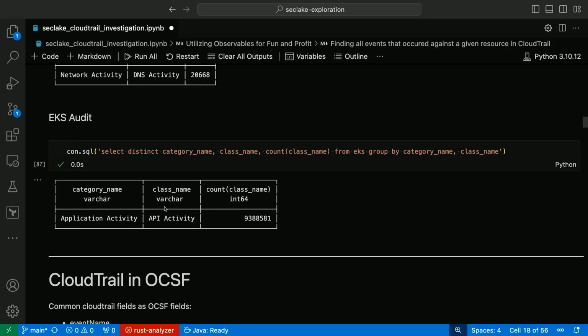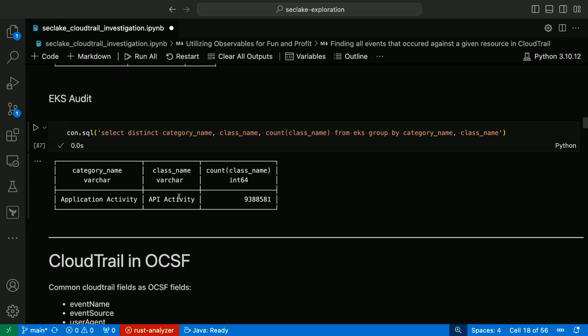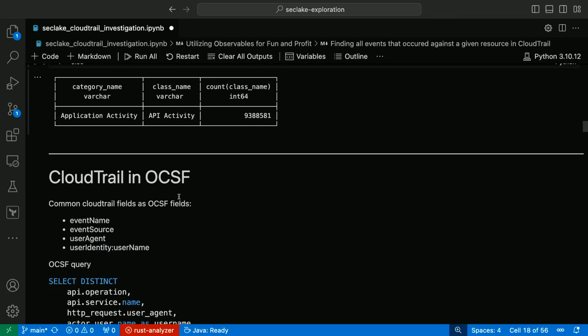And then EKS audit, kind of in the same vein. This one was curious to me too, because there are authentication events expressed in EKS audit logs. I'm surprised that that's not in there. I actually was running EKS for an attack simulation a couple weeks ago. So I definitely did some authentication, but that's maybe just how the plugin maps it, but it's generally to API activity. And if you want to dive into a specific side, feel free to stop me. We've got plenty of time.